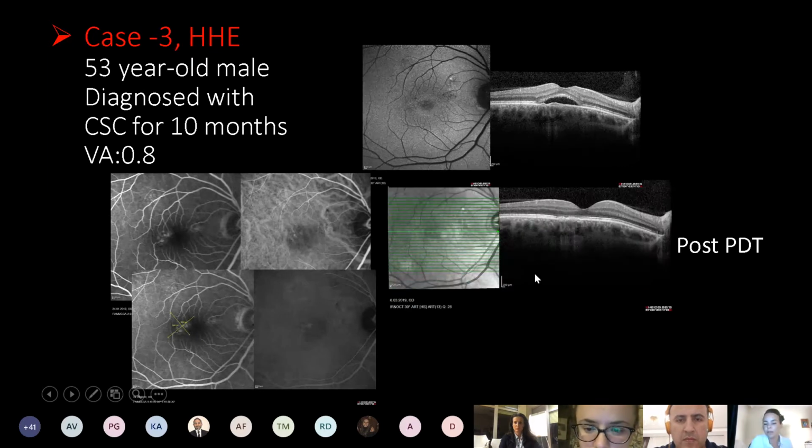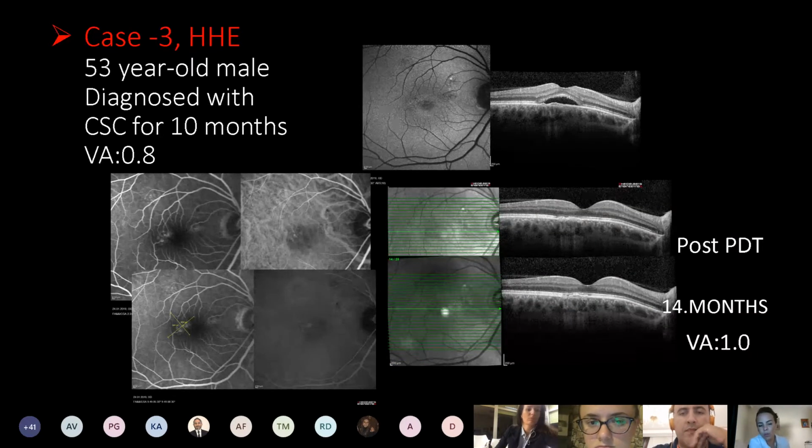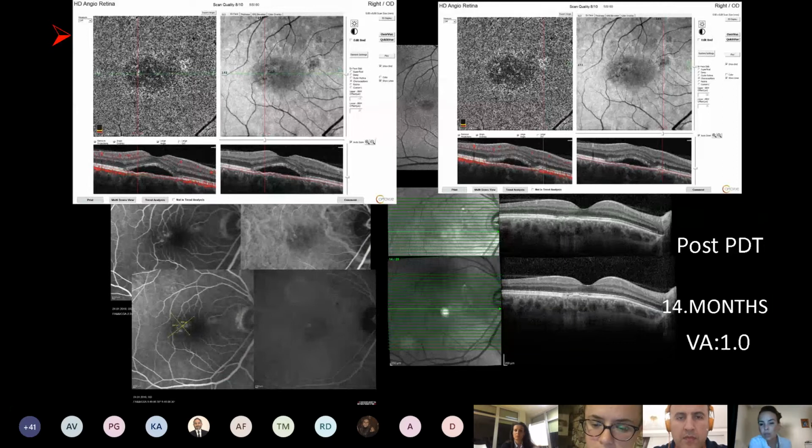I did PDT again for this patient. This is the immediate result after treatment. You see the fluid had gone after the treatment, and I have been following this patient for almost 14 months, and the visual acuity increased to 1.0. The patient is very happy. The center is healthy. The continuity of the outer retinal layers is perfect, and that's why the vision increased to 1.0, and the patient is very stable right now after one PDT session, even though, the surprise, he had 2 different choroidal neovascular plaques in the beginning.